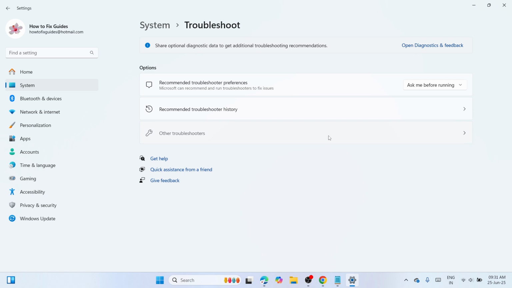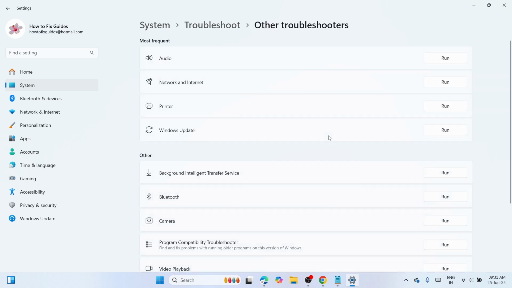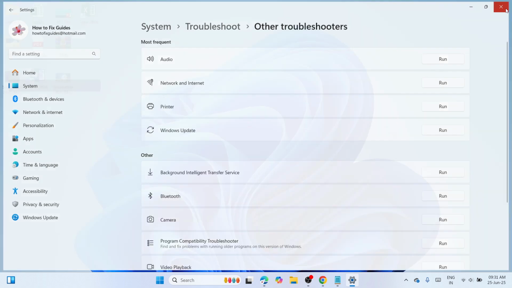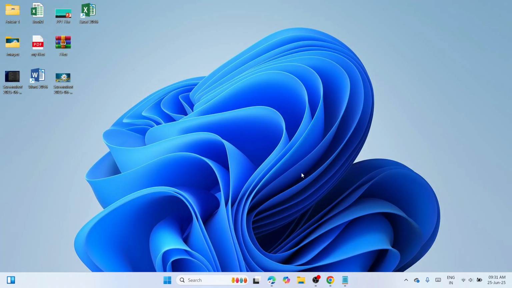After that, navigate to Other troubleshooters, and under Most frequent, go with Windows Update and click on Run corresponding to this one, okay? So wait until the troubleshooting process is finished, and once you have done it, close this window and run Windows Update again and see if it is working. However, if not, then we need to navigate to the third and last solution, and that is